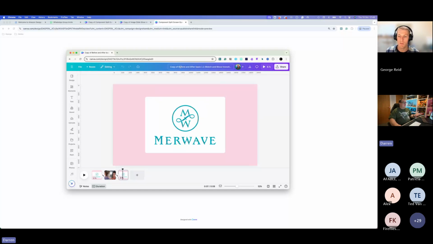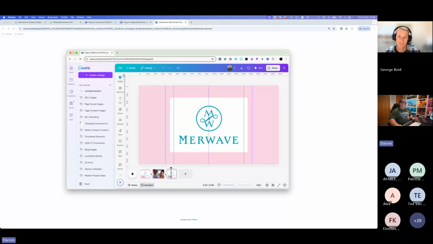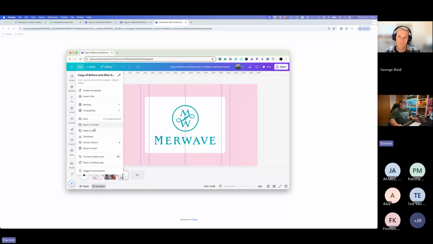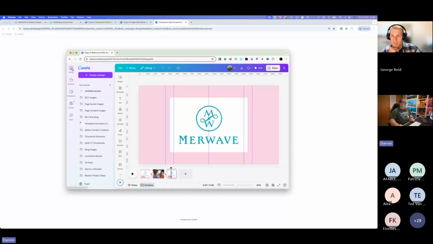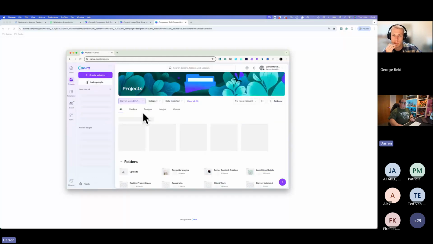Because this is a copy of the template, you want to make sure that you then save this in some kind of structured way. If you click file and move to folder, you can save it into a folder however you want. When George and I were talking the other day, we said that you might want to put your ASIN number in there and say it's version 1. And then when you're doing your A/B testing, you have version 1.1 or something like that. You then have those all in a file structure so that you've got your projects.